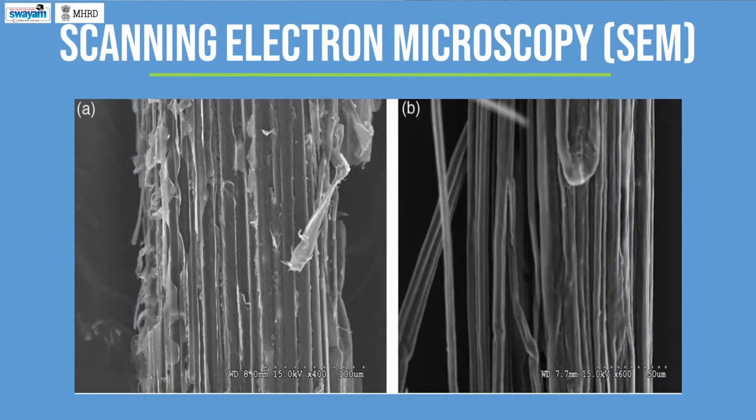Since SEM has better resolution, we can study morphology and composition of biomass. In a recent study, natural cellulose nanofibers of lignocellulosic feedstocks that are extracted from banana, pineapple and jute have been characterized and evaluated by scanning electron microscopy. In a similar study, morphology of natural cellulose fibers obtained from corn stalks has been characterized by scanning electron microscope. Untreated nanofibers on the left hand side and alkali treated nanofibers on the right hand side you can see in